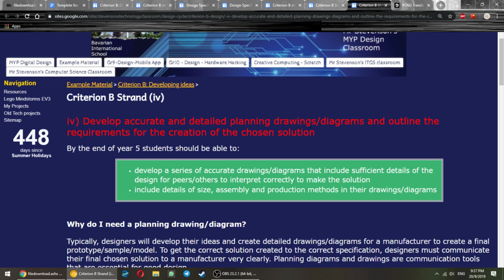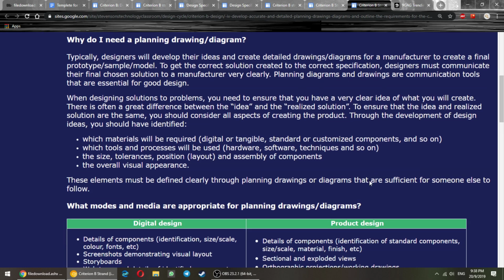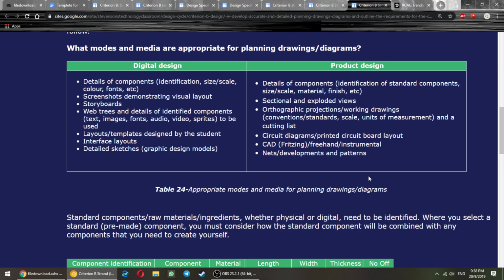So Criterion B Strand 4 is develop accurate and detailed planning drawings, diagrams, and outline the requirements for the creation of the chosen solution. So what you're expected to do is to develop a series of accurate drawings that include sufficient details of the design for peers to interpret correctly and make a solution. So details include size, assembly, and production method in the drawings diagram. So in this case, they have done something like